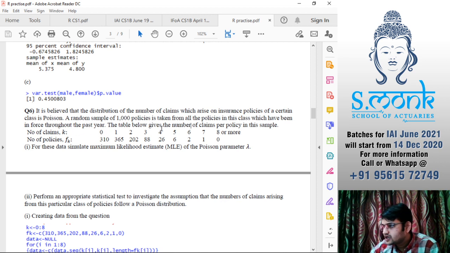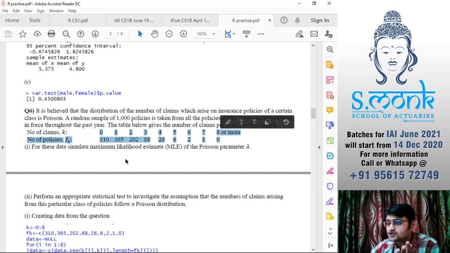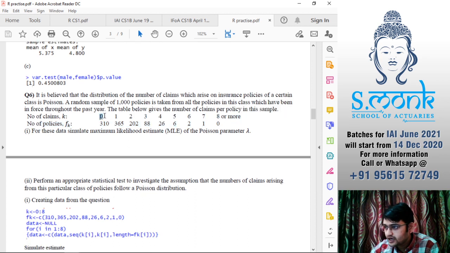The table below gives the number of claims per policy in the sample. So we have the values observed, and we have frequencies. As I said, we do not need frequencies, we need the actual sample. That means we would need 0 310 times, 1 365 times, 2 202 times, 3 88 times. First of all, we'll have to make such a sample.